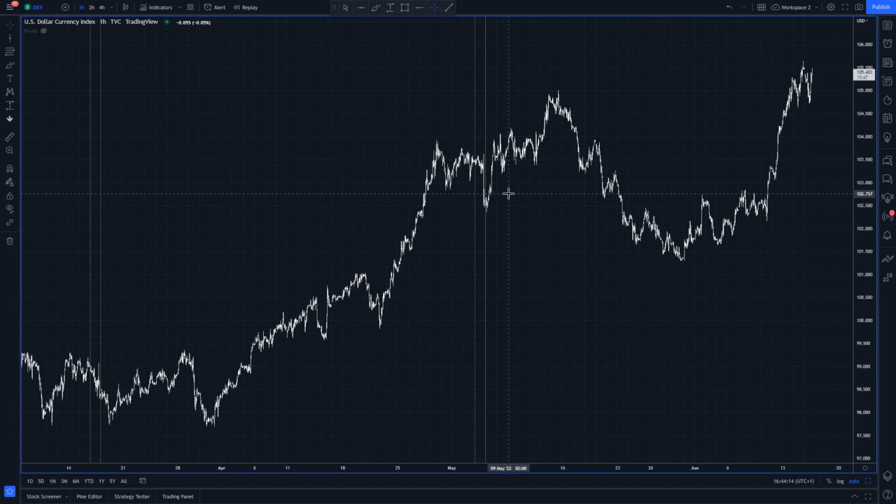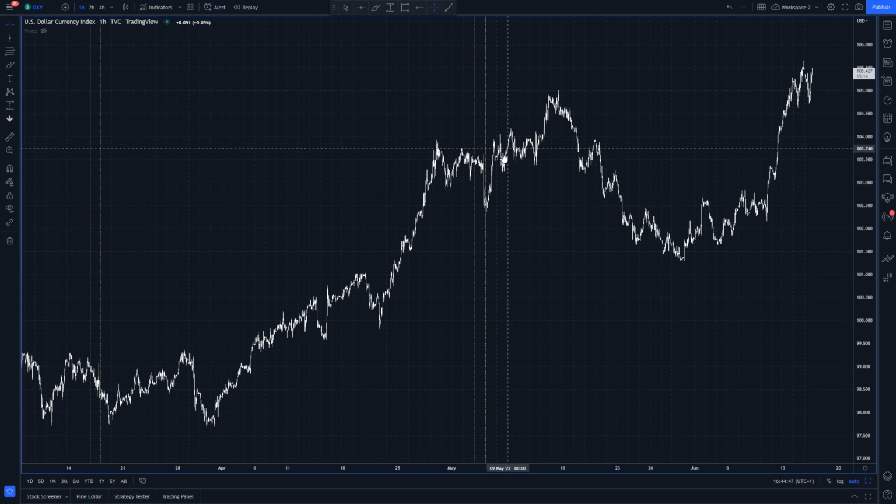Think about it this way. In any normal hiking cycle, a 50 basis point hike in itself is very, very hawkish. Now, in today's session, because the markets have priced in a super aggressive 75 basis point hike, if we get a 50 basis point hike, that will be seen as a quote unquote dovish surprise, but it won't be dovish in the sense of the bank not hiking rates or holding rates steady or cutting rates. 50 basis points is still very, very aggressive, right? It's still very hawkish. And that's very important to keep in mind.